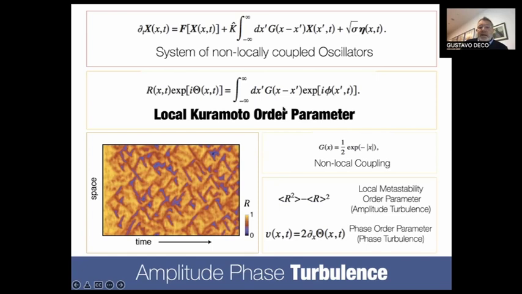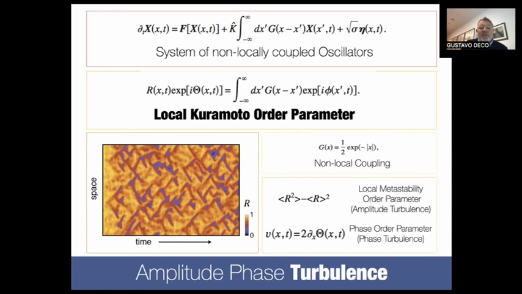In this case, he introduced a weighting factor, which has an exponential form, and we get the generalization of this global Kuramoto order parameter in the sense that now we stress the locality. Therefore, we can now assess the level of synchronization not only as a function of time, but as a function of location. This is for a system of coupled oscillators, where he's showing how that works. And what we see here, as a function of time and space, is that the level of local synchronization, which is the key idea, is changing a lot.